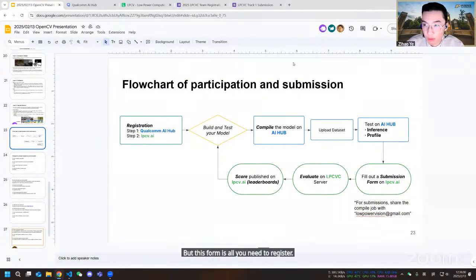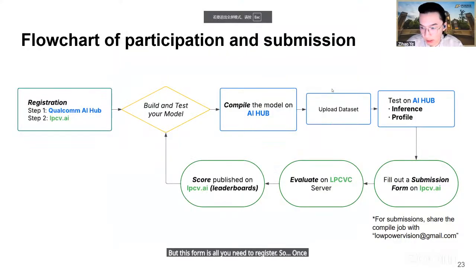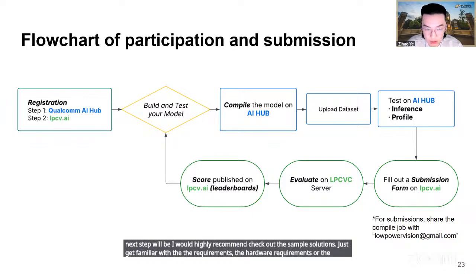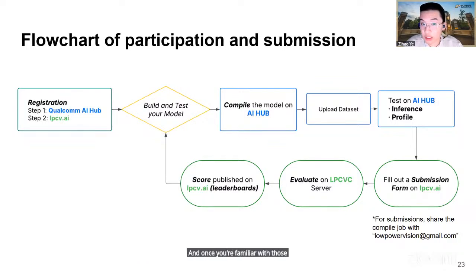So once you have registered, the next step will be, I would highly recommend checking out the sample solutions. Just get familiar with the requirements, the hardware requirements, or the input-output format, etc. And once you're familiar with those, you can start building and testing your model on your own device.